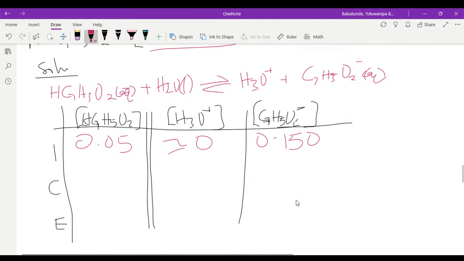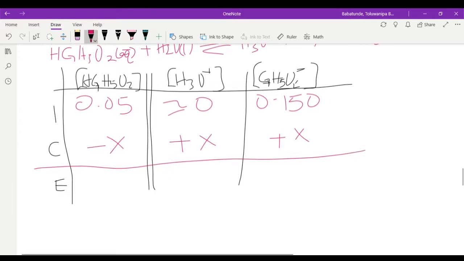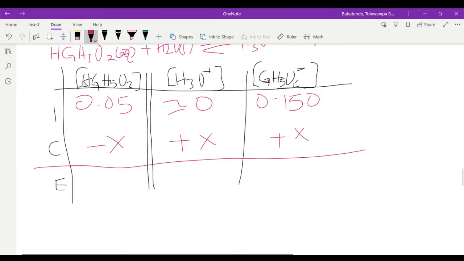And of course, we express our change. This is going to be negative x, positive x, and positive x. We can find the equilibrium concentration is going to be 0.05 minus x, and this is going to be x, and this is going to be 0.15